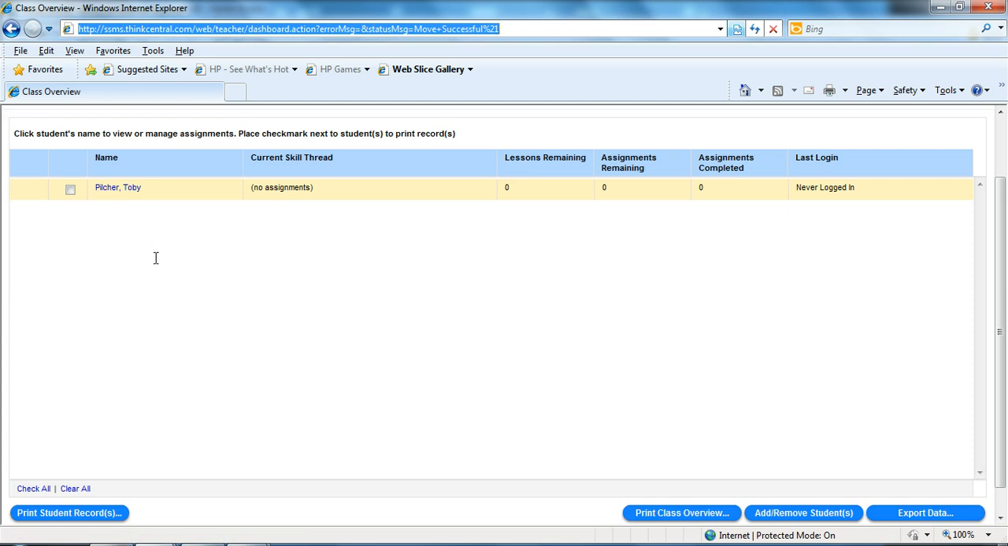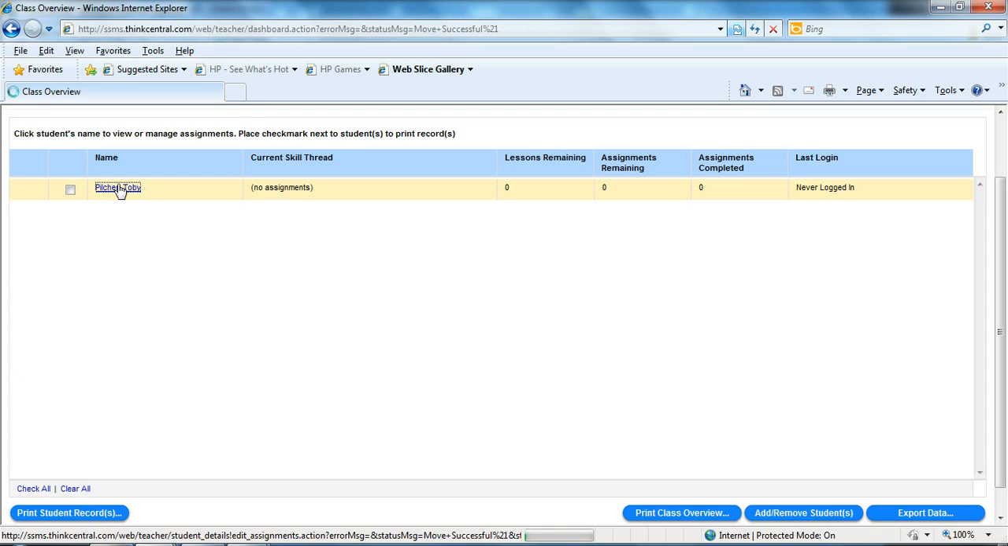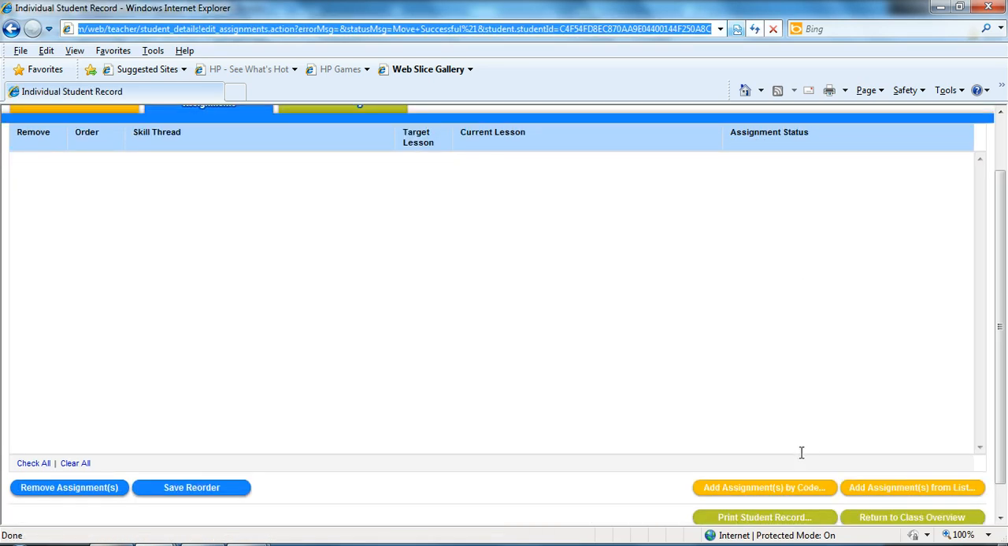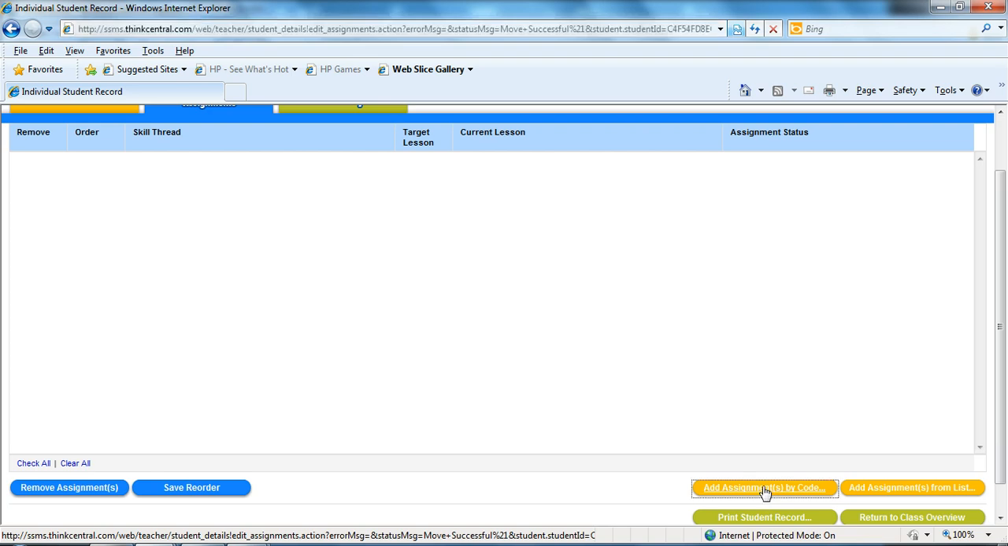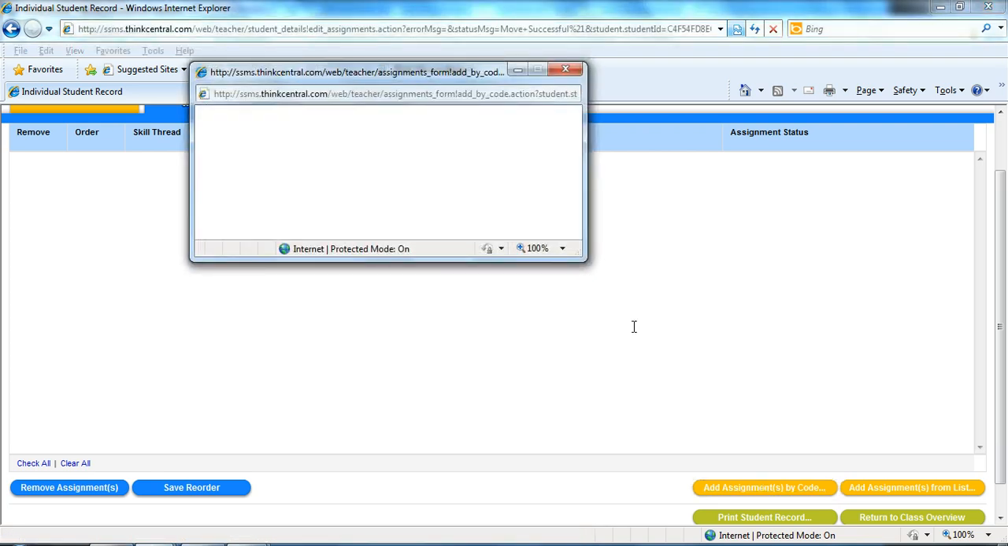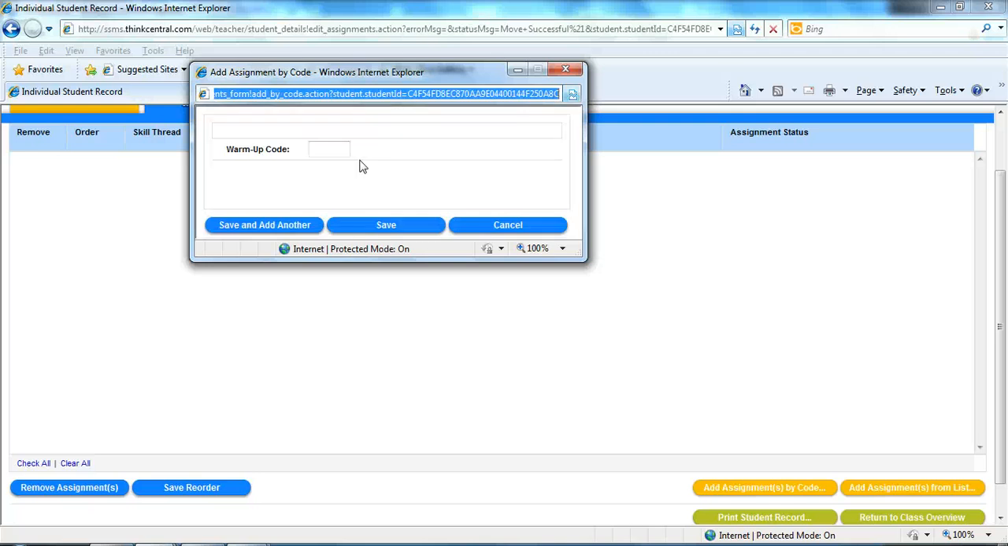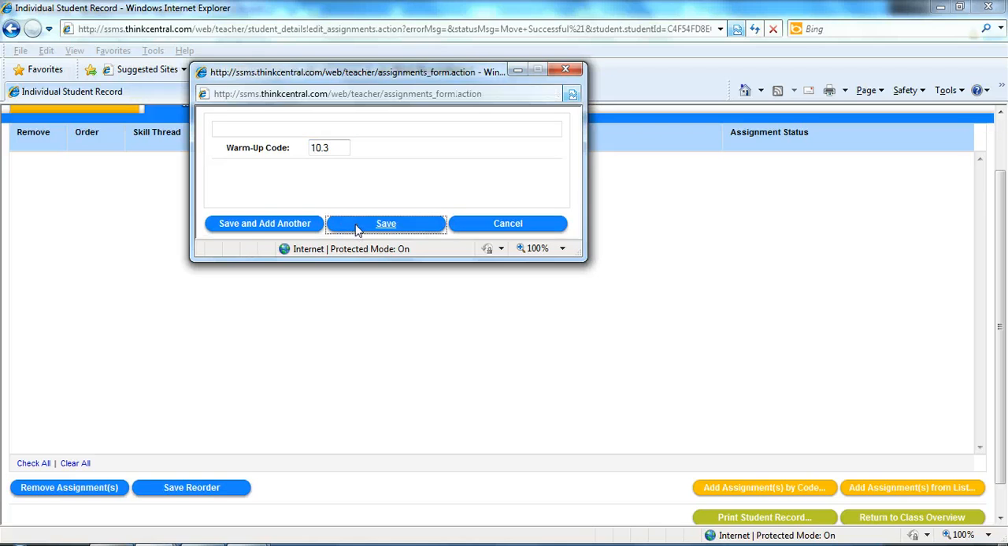At this point, all I have to do is click on Toby's name. And you'll see that I have an option to add assignments from a code or from a particular list. Normally you'll select from a code because you're provided those codes in your teacher edition anyway. This window pops up, I type in the code that was listed in my teacher edition, and I say Save, and Toby will now have that assignment when he logs in. Whoops, it looks like I entered a code that isn't a good code, but you'll have the good codes from your teacher